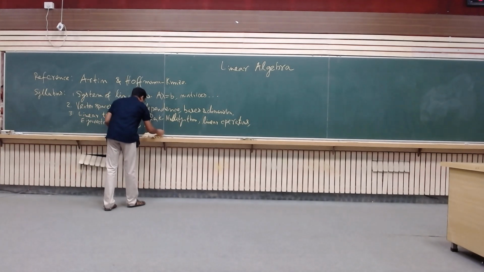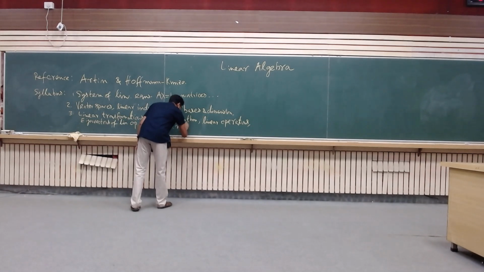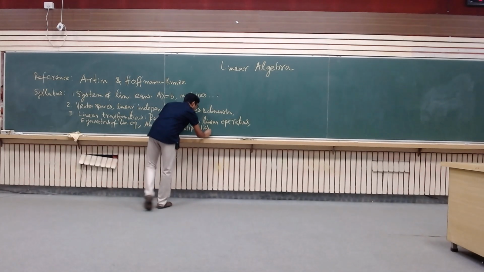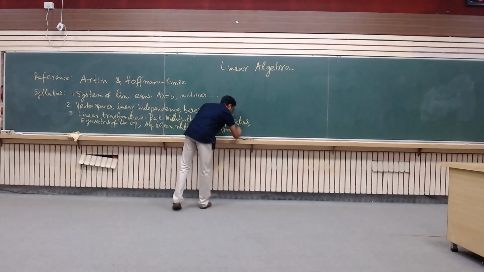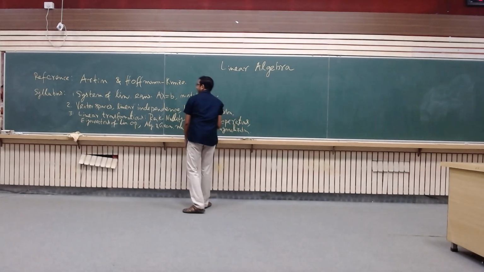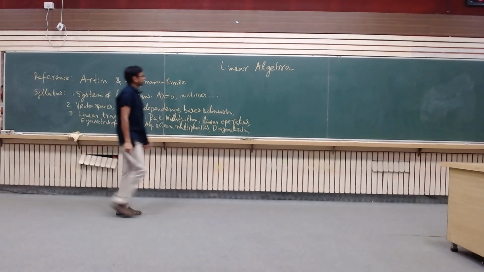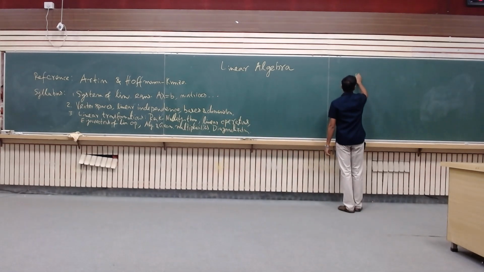Algebraic and geometric multiplicities of eigenvalues. And diagonalization. Okay. And then comes inner product spaces. Okay. So let's use this board. So 4 is